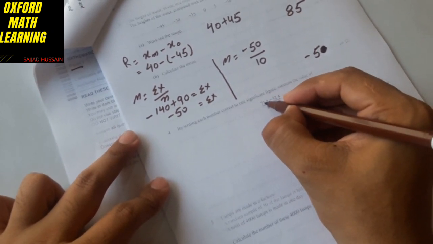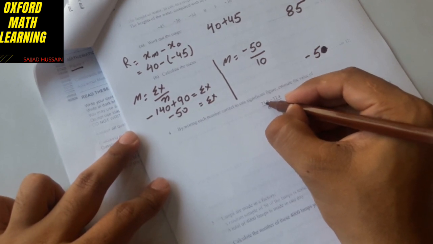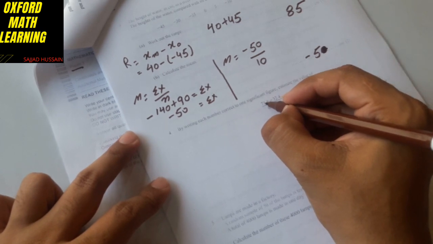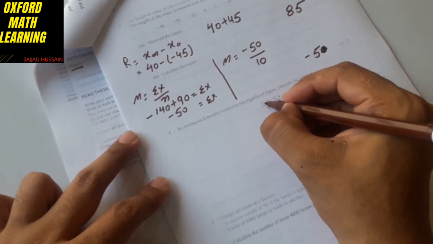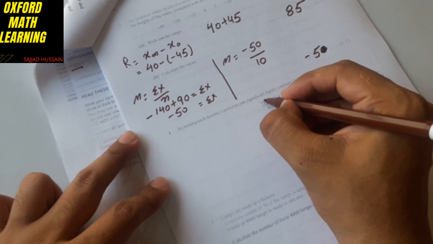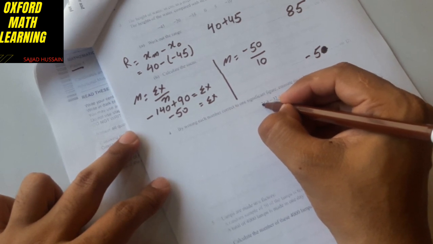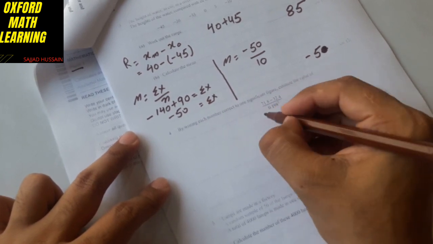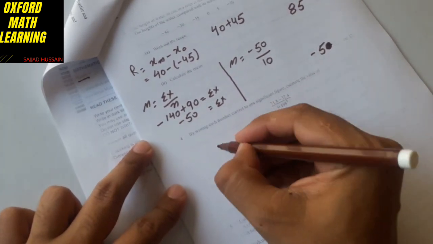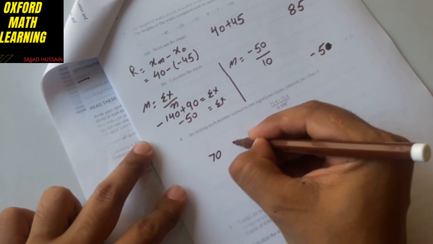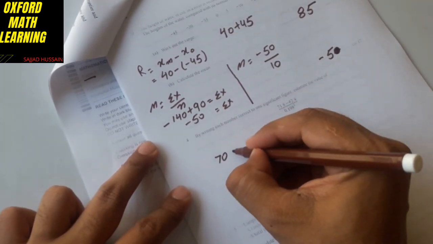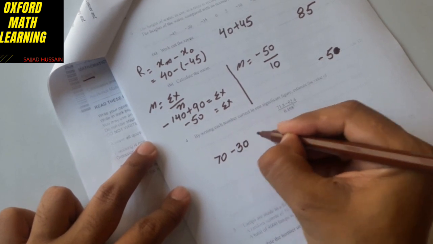Okay. Then by writing each number correct to one significant figure, estimate the value of this: 71.8. 71, 7 and 1. The 1 does not support 7 because the first significant number is 7, second is 1. If the second number is greater than 5, then it will add 1 to the left number, but it is 1, this will not support, so we can write it as 70. 32, 3 is the first significant figure, 2 will not support it, it means this will become 30.